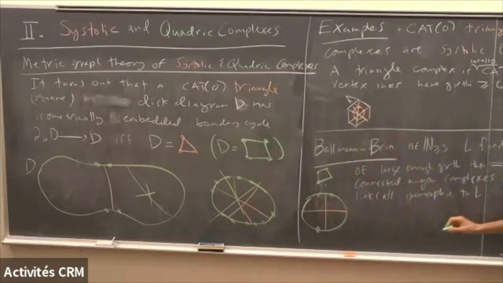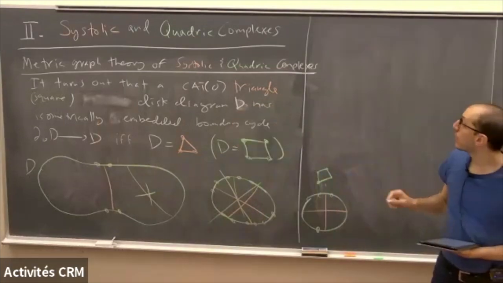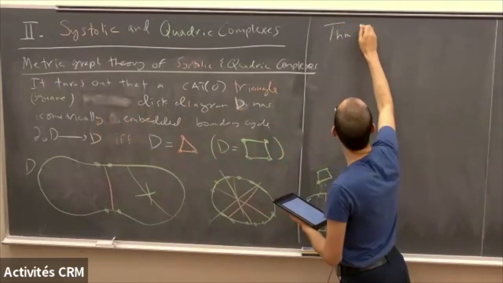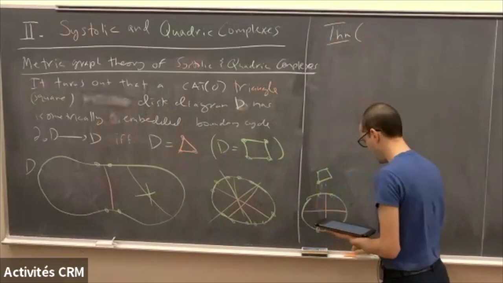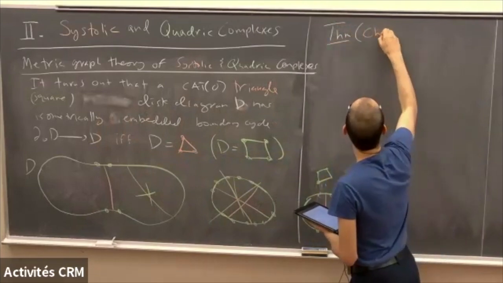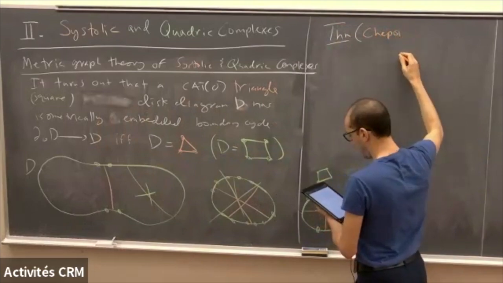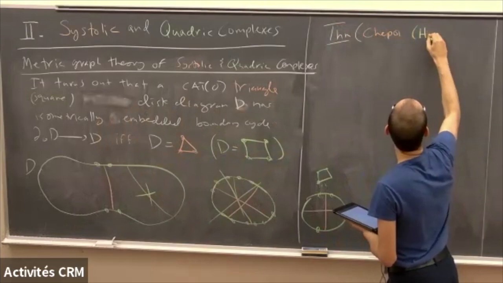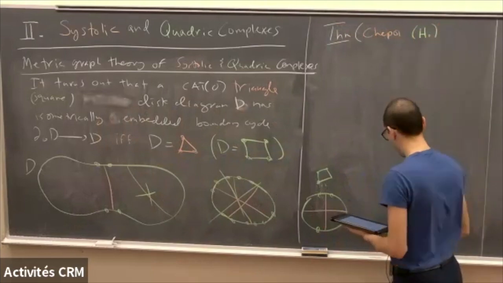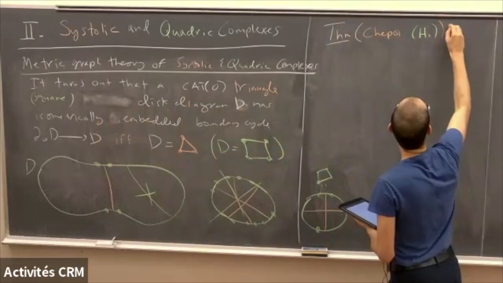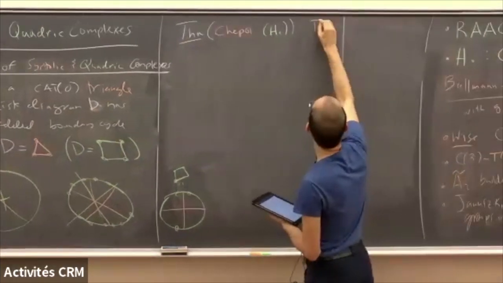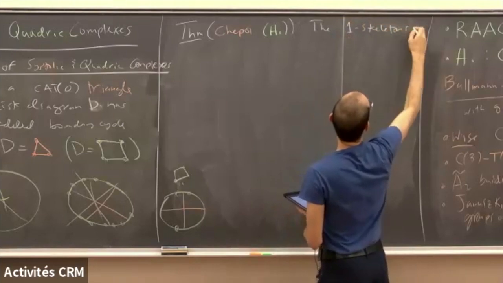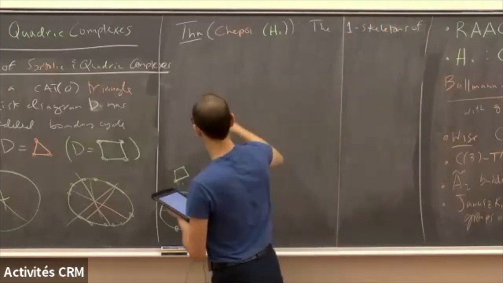So we actually have the following theorem of Chepoi for systolic complexes and myself for quadric complexes, that the one-skeletons of